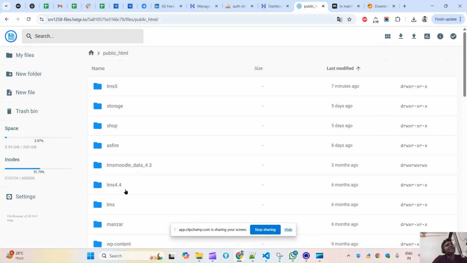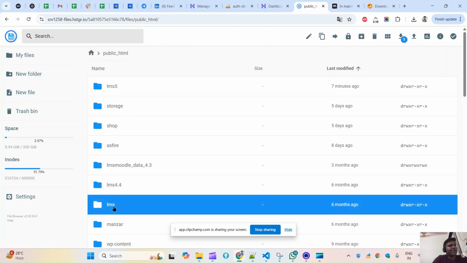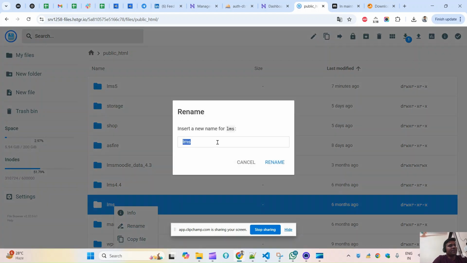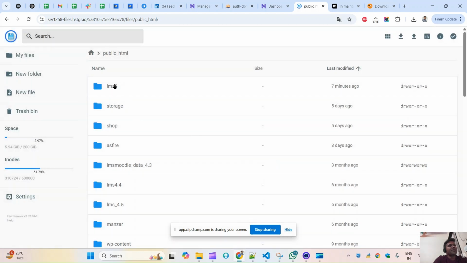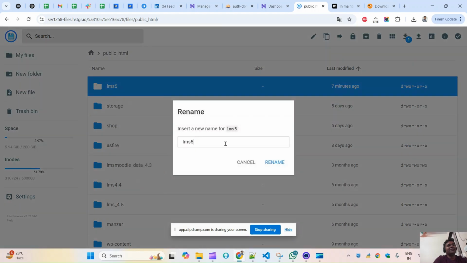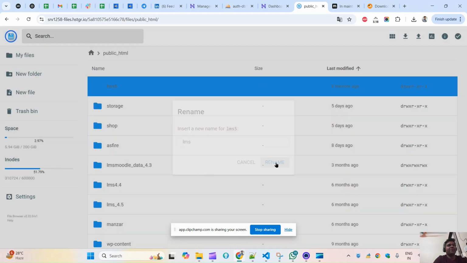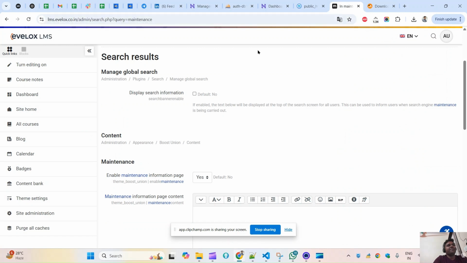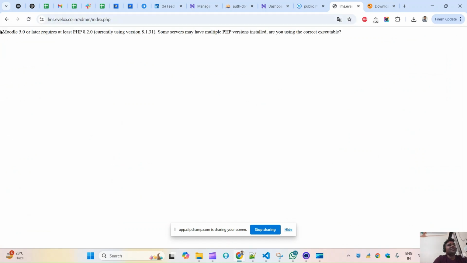So now I will simply rename LMS to LMS 4.5 and this LMS 5 to LMS. Why? Because this is the only one mapped with my subdomain. Now if I come back here and refresh, I can see the higher version PHP is required, Moodle 5.0 or later requires